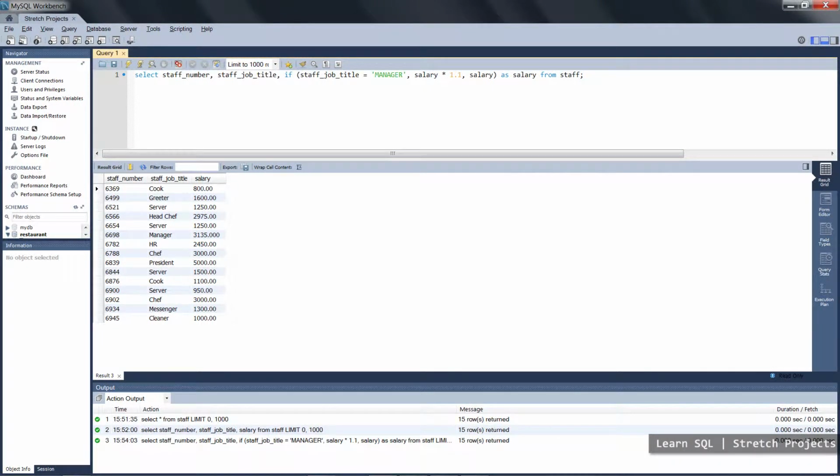Now this is only a very simple query, but the important point is that we have the if word, and then in brackets we have three components. We have the condition, what happens if the condition is true, followed by what happens if the condition is false. And we could put more if statements within this if statement, and actually nest them as far as we wanted to, until we were able to cover every specific scenario that we were trying to. If we comment this out,